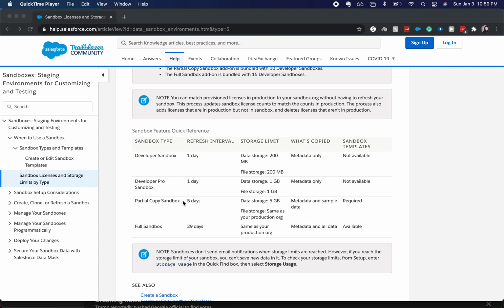So full copy sandboxes within the SDLC are super useful for stress testing, deployment testing, and integration testing. Stress testing essentially is: is your production org going to break with how much data there is when you bring in more data. Deployment testing is great from partial copy to full, to make sure that when you go from full to production, nothing's going to break there and everything's going to go super smooth. And then